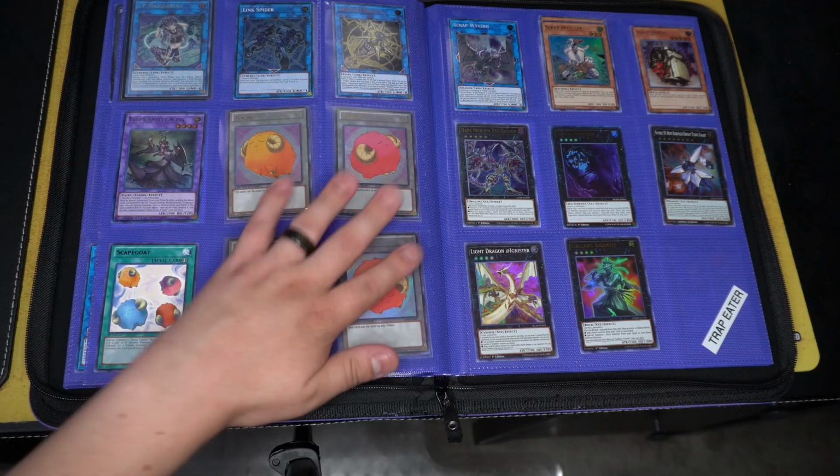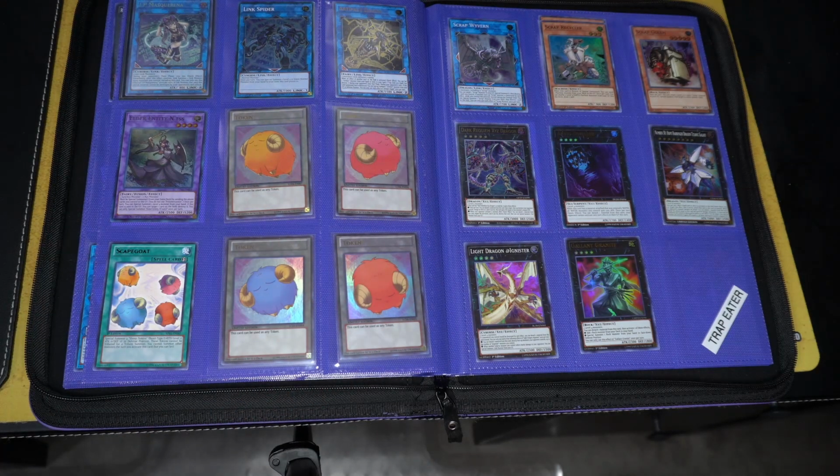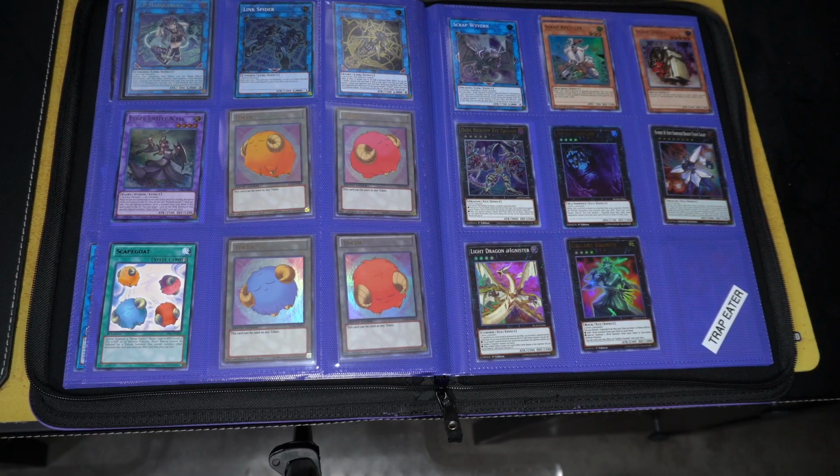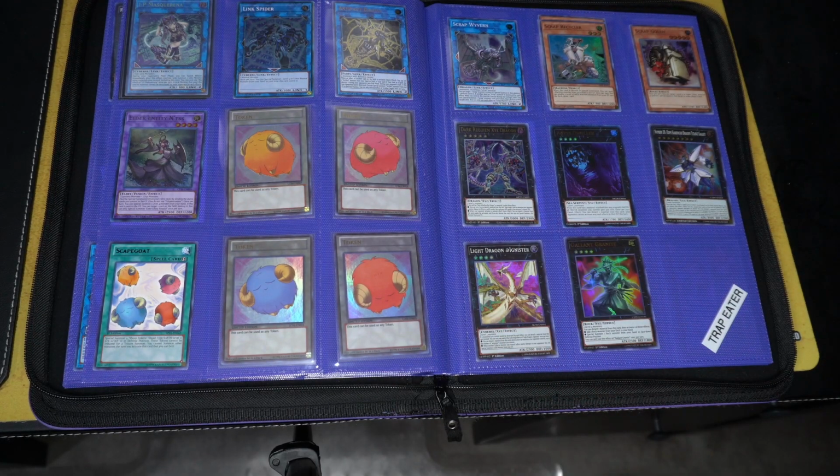We have Scapegoat and our tokens. Players definitely need tokens, and Scapegoat is just one of those cards that comes in and out of the format just to kind of spam the board. One of my favorite engines is the scrap package. I won't go too far into details, but this lets you graveyard dump so much, especially if you're a machine strategy focused deck. Dark Requiem Xyz Dragon has its moments in the format,